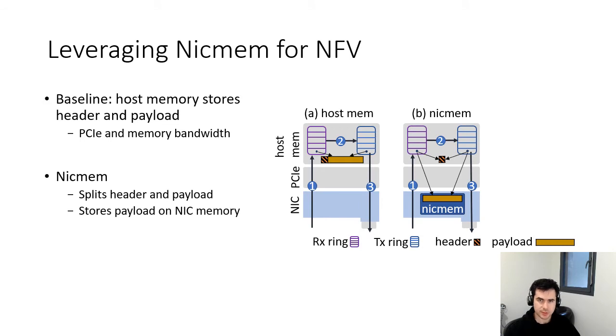To avoid these costs, we use NIC header data split, which splits packet headers from payloads. In this approach, payload is stored on Nicmem and headers are stored on hostmem. Header data split requires the network function to post two buffers per packet, one pointing to hostmem for the header and another pointing to Nicmem for the payload. We find that header data split is not free because it requires both CPU and NIC to process two buffers